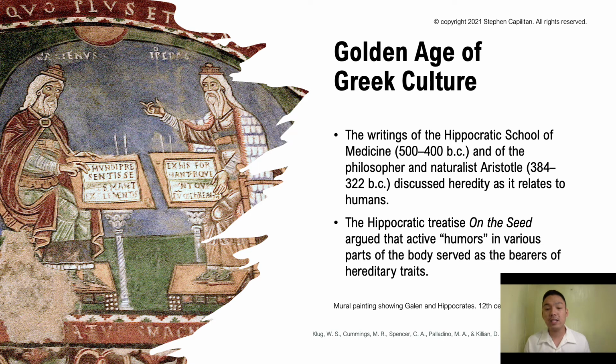In this golden age of Greek culture, the writings of the Hippocratic school of medicine in 500 to 400 BC and of the philosopher and naturalist Aristotle discussed heredity as it relates to humans. The photo on your left is a mural painting showing Galen and Hippocrates in the 12th century. The Hippocratic treatise on the seed argued that there are active humors in various parts of your body, and they served as the bearers of hereditary traits,